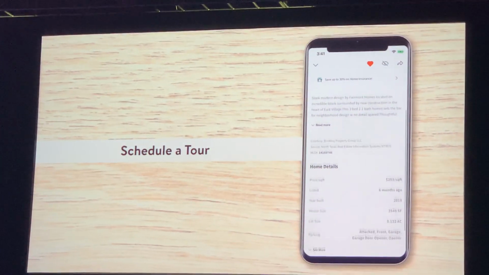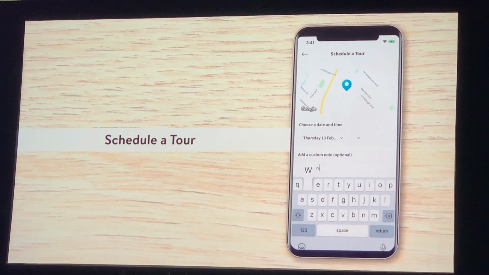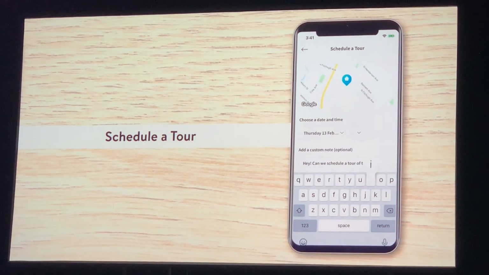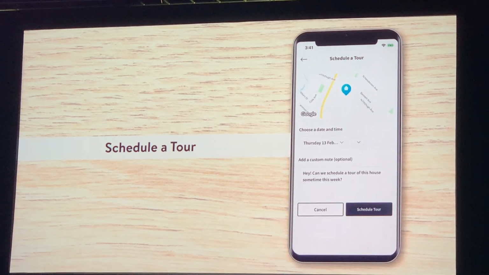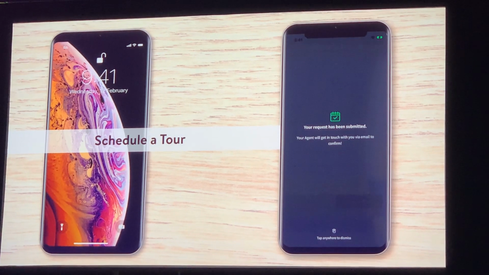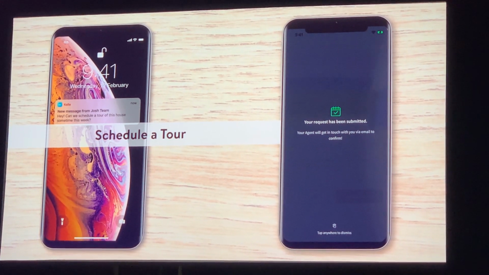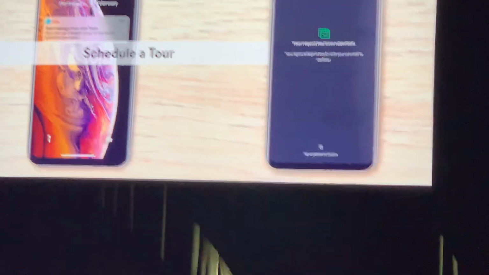At the bottom of any one of these properties, there's going to be a button to schedule a tour. That's how a consumer is going to connect with you directly. Where is it going to show up, you ask? Right inside of Command. Think about this for a second. Keep in mind, there's always going to be people that are just going to call you, they're going to be texting you, but here's what I know. The more opportunities you give people to stay connected to you, to set appointments with you, the